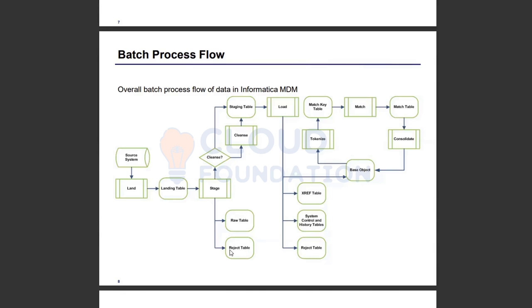If we have created the configuration for auditing, then the data will be sent to the raw table. If we have created the configuration for our audit layer, then we'll have two different tables for that particular purpose. One would be OPL and one would be OPL and P, and the other table.